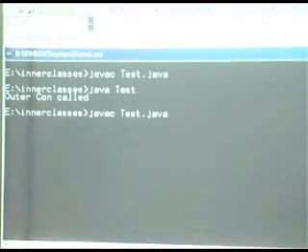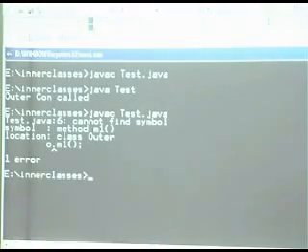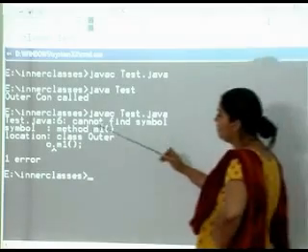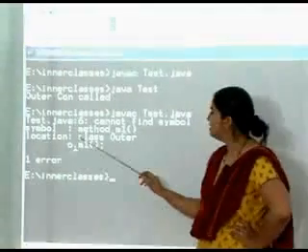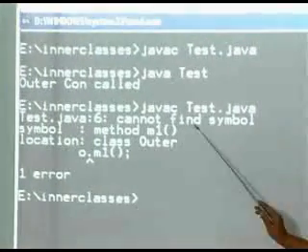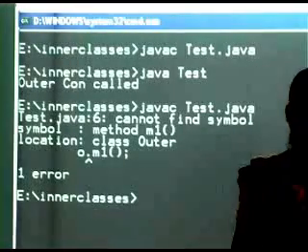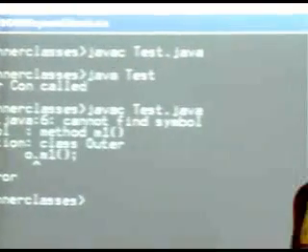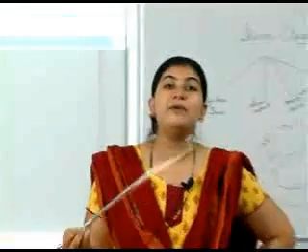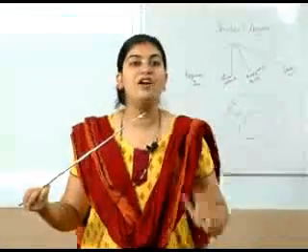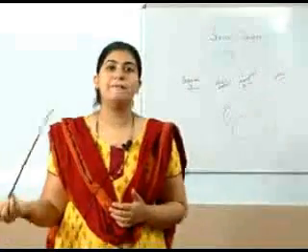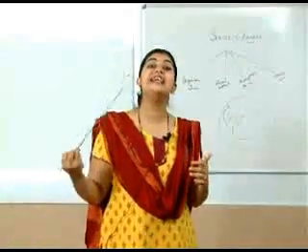We'll compile our application, and see the error which we got: cannot find symbol. I am not able to find method m1. Now you would counter over here and tell me method m1 is defined in the class Outer, but where is it defined? It is not defined directly in Outer,